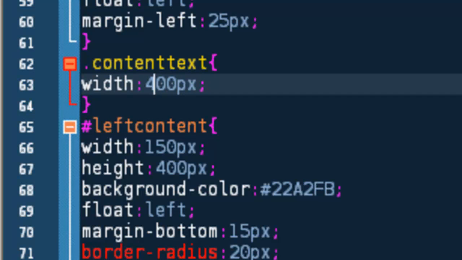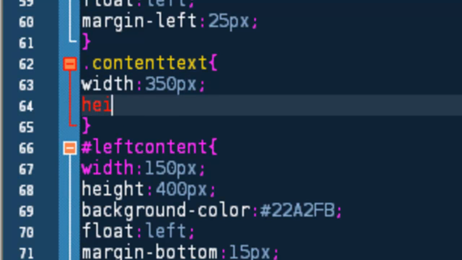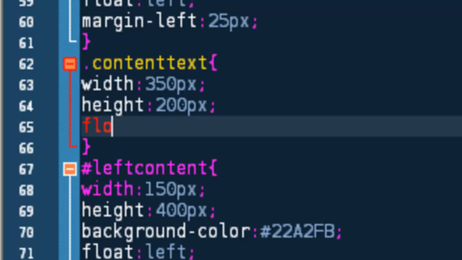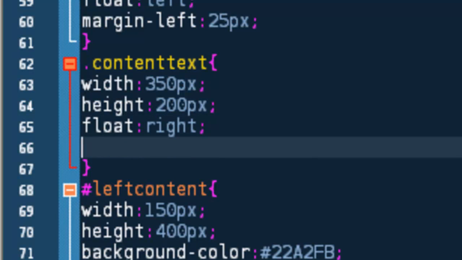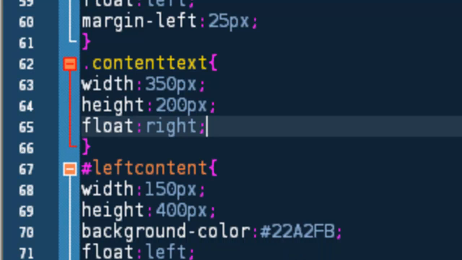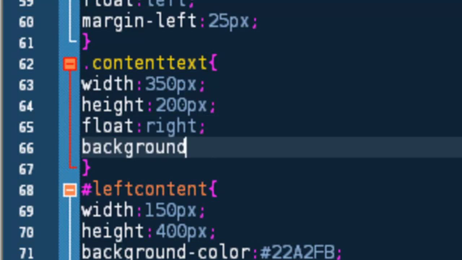Actually, let's give this 350 pixels, and the height is going to be 200 pixels. The float is going to be to the right, and let's save this. Wait, no, we have to give it a background color. Want to give it a background color of the same color we gave to the image. And now save it,